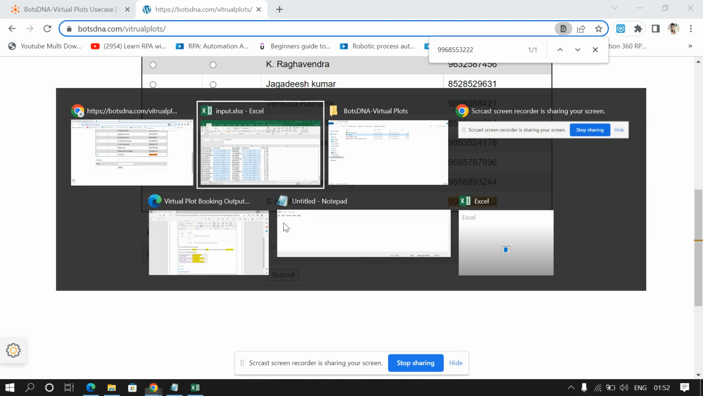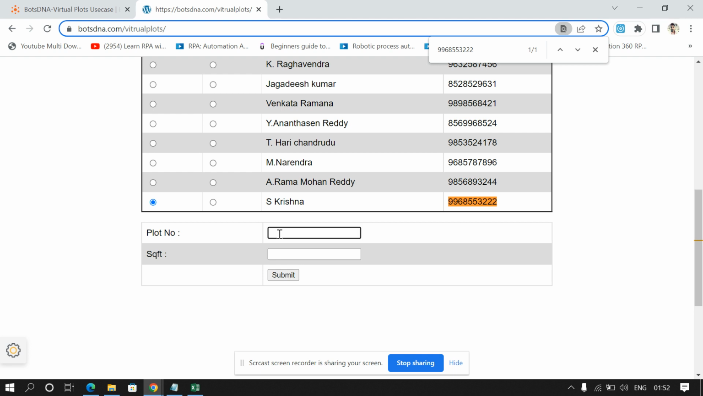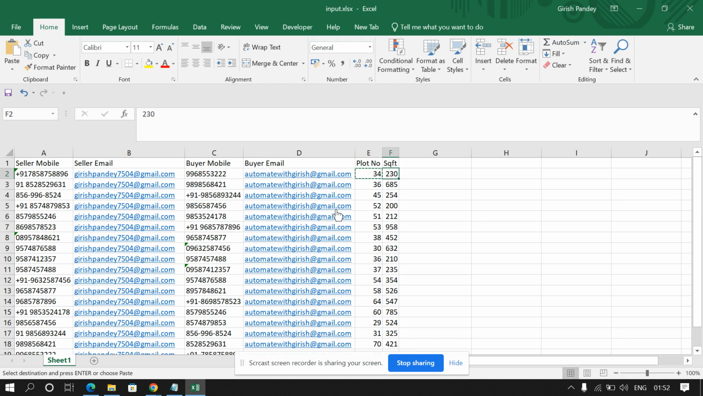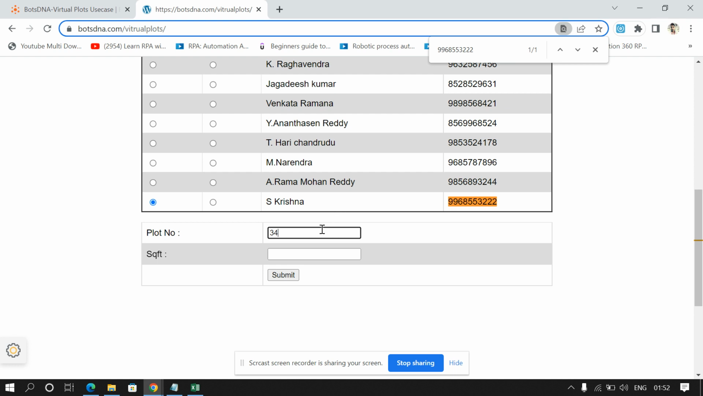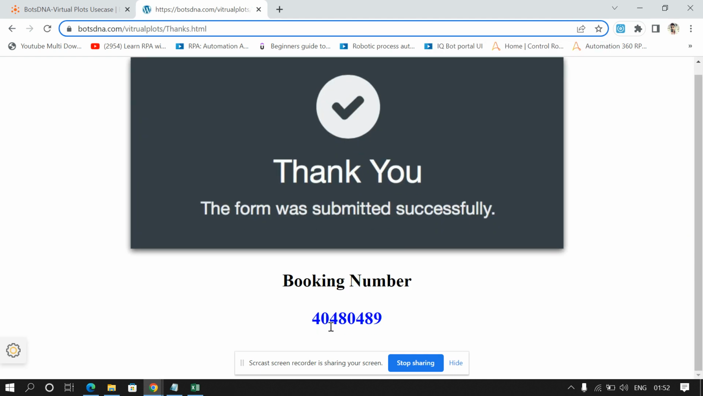After this we'll copy the plot number and paste here, and the square feet, that is 230, I also copy and paste here, and after this I'll click on submit. So one booking number is generated. I'll store this number inside a variable, booking number, and once this is done, we'll have to send an email